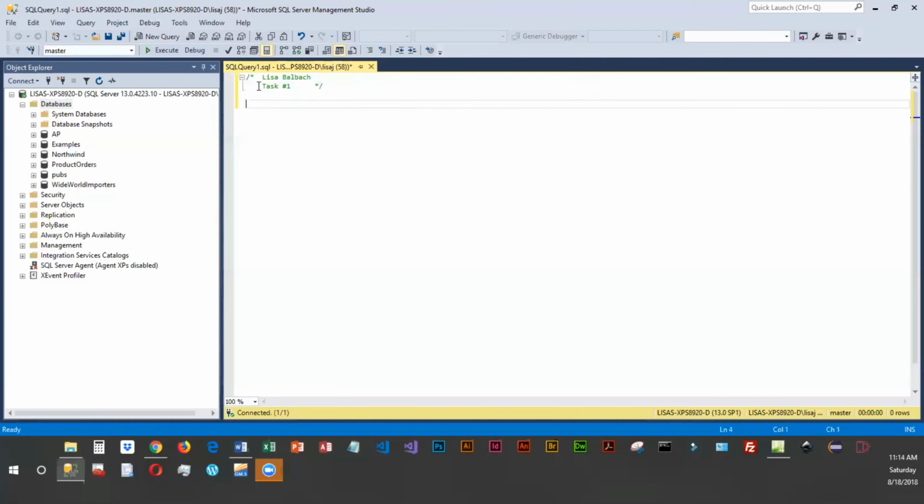And at this point, we are ready to do our first query. And our task is to use our AP database. So we're going to use the use command. And we're going to say use AP. Okay? And because that is a complete command, we're putting a semicolon on the end. So now we're telling it, look in the AP database,